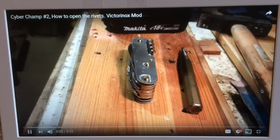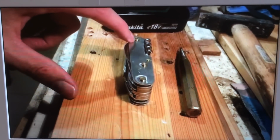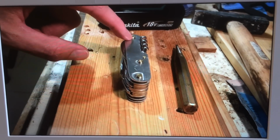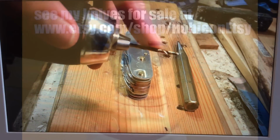Hello everybody. Today I want to show you how to open our rivets. I will show you how to open these 3 rivets here. You can use for all rivets a 2.5 drill